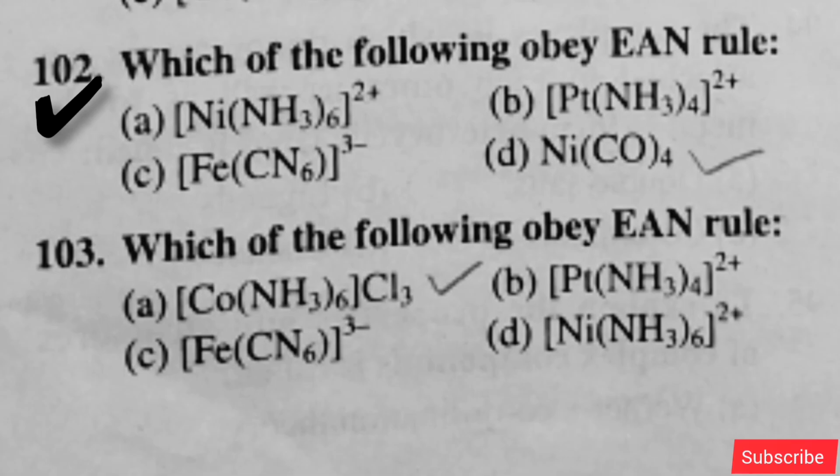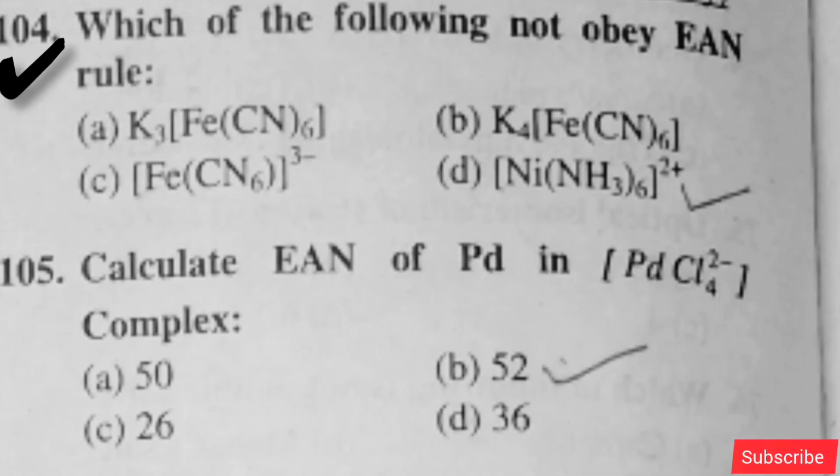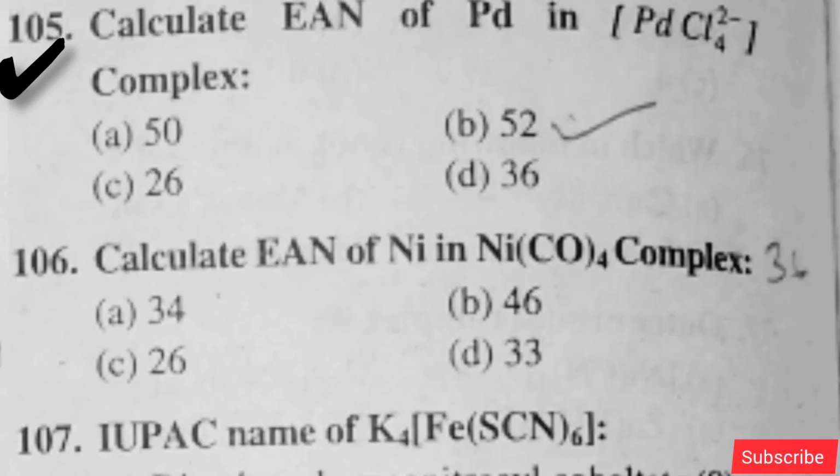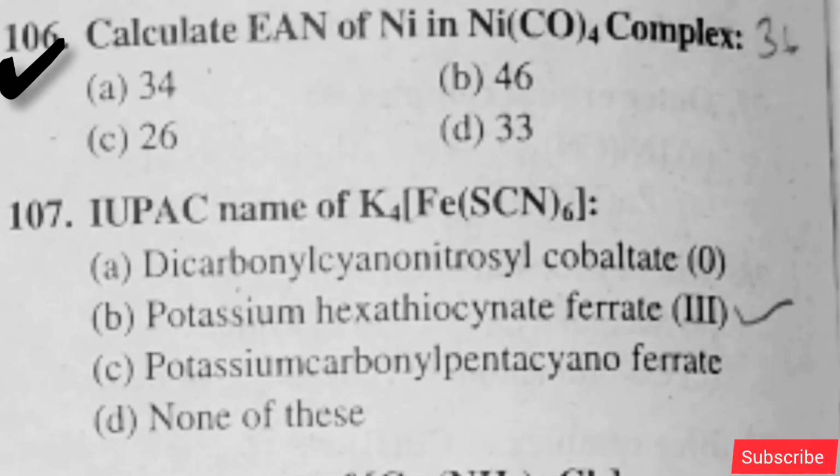Which of the following obey EAN rule, option D is right. Which of the following obey EAN rule, option A is right. Which of the following does not obey EAN rule, option D is right. Calculate EAN of Pd in [PdCl4]2- complex, option B is right. Calculate EAN of Ni in Ni(CO)4 complex,